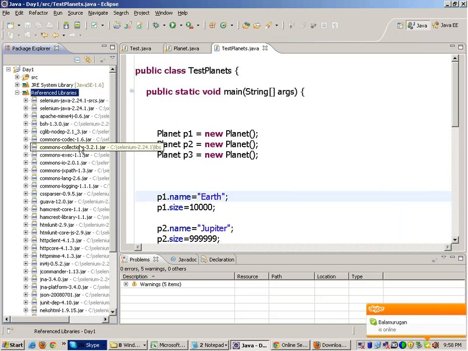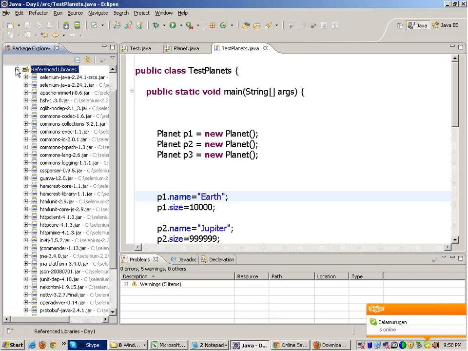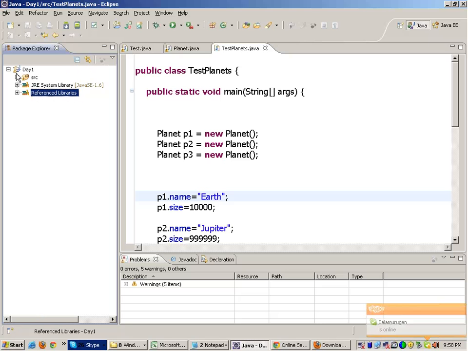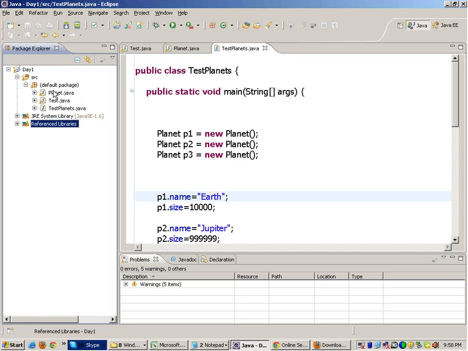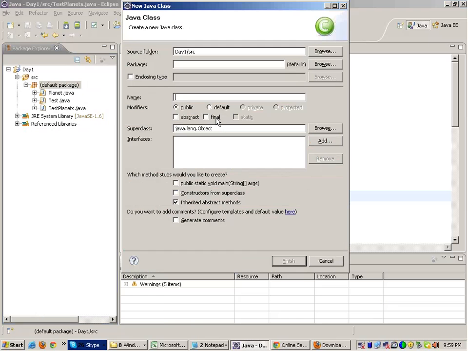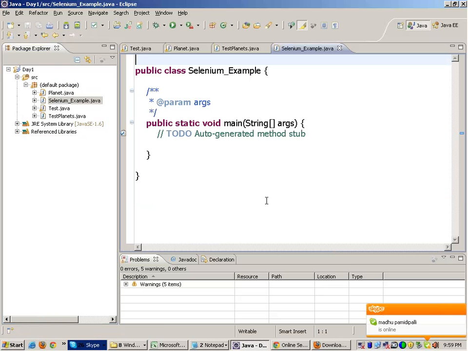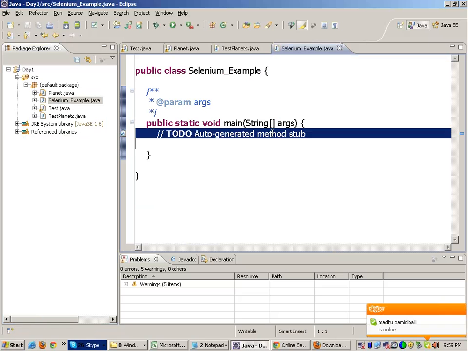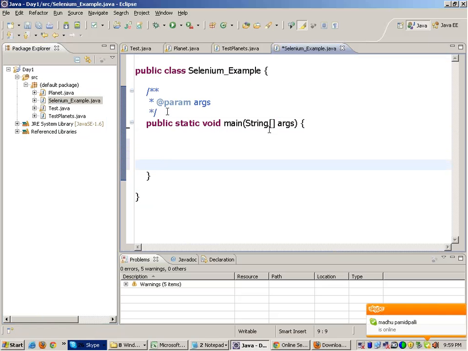right? So that's all you have to do. That's how you configure Selenium. Okay, once you have done that, you can start working with it. I'll just create a new file or a new class called Selenium underscore example. Okay, now to work with this example, to work with Selenium, to use the process present inside this